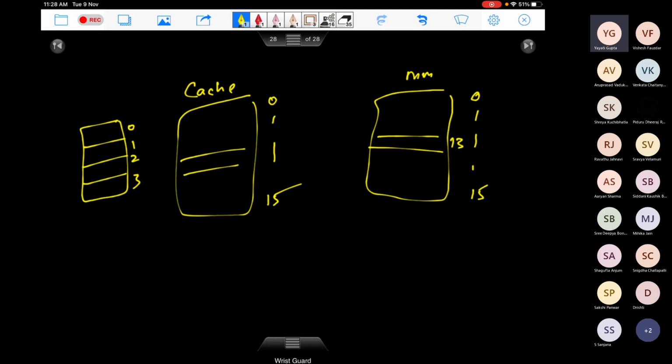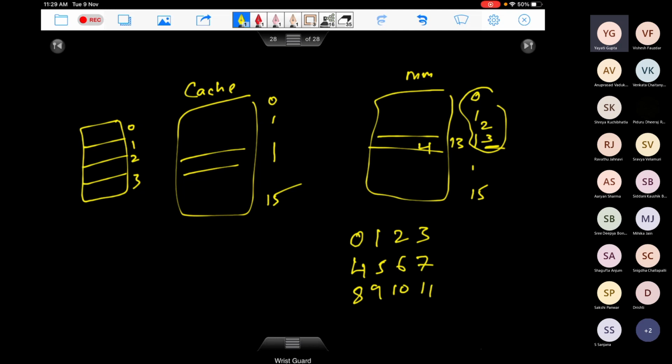If you look at the main memory addresses 0, 1, 2, 3, you can directly map them to the cache. Whenever something is at physical memory address 0, you'll find it at address 0 in the cache also. Something at address 3 in the physical memory, find it at address 3 in the cache also. But what if something is at address 4 in the main memory? I can cache it still at 0. So you follow a round robin fashion. Main memory 0, 1, 2, 3 map to cache memory 0, 1, 2, 3. Main memory 4, 5, 6, 7 map to cache memory 0, 1, 2, 3 again. And 8, 9, 10, 11 again map to 0, 1, 2, 3.